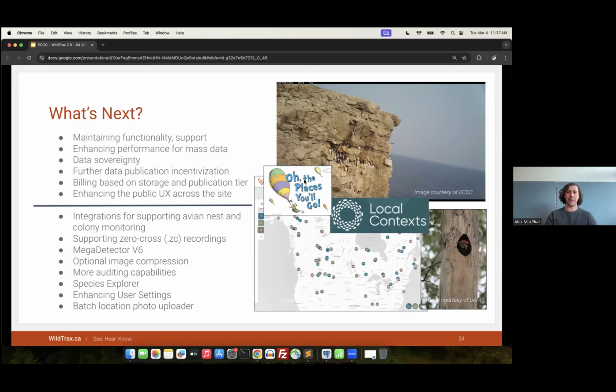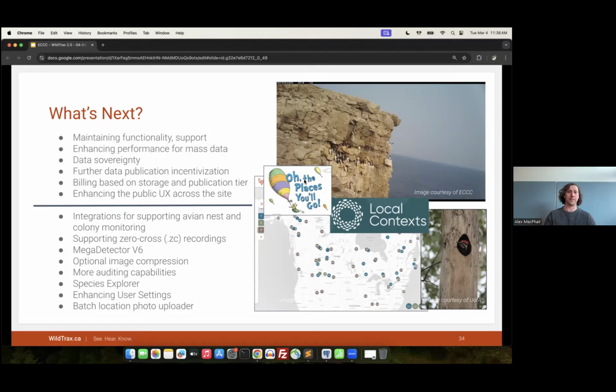Data sovereignty is something that's come up quite a bit these days as well, in terms of ensuring that communities have access and have the ability to ensure that their data is being used respectfully within the system and how that connects with the different portals within the Canadian world. We're exploring different ways to provide that ability to both users and communities. Local context has been one of them that has come up the most often. And so we're exploring those different data sovereignty functionalities so that we can provide the best use of the system, have ECCC and CWS folks work with communities, but also give the attribution to the communities themselves for the data that you're collecting.